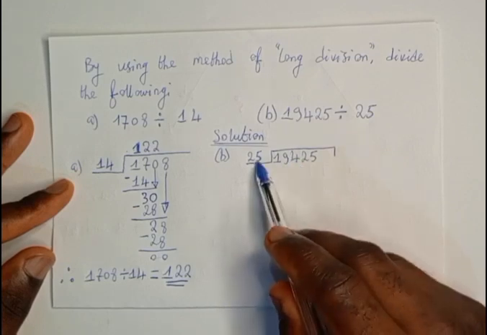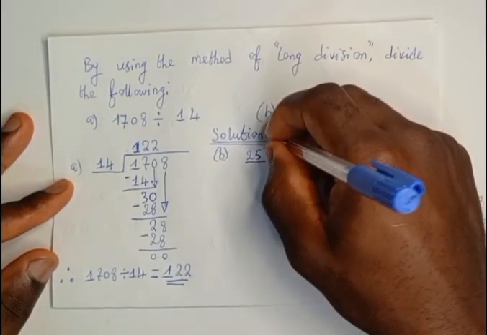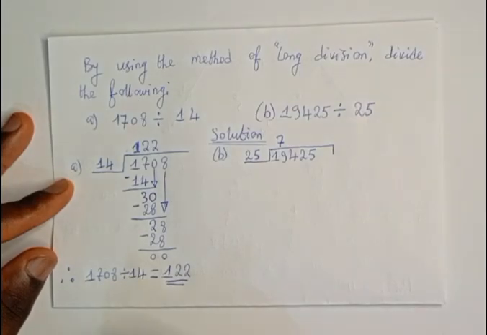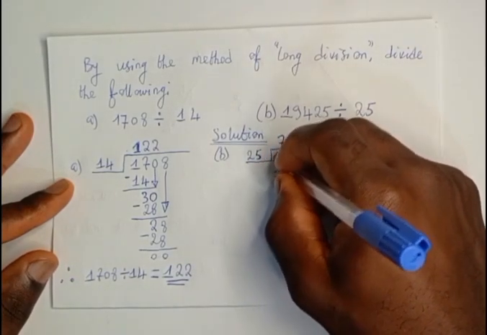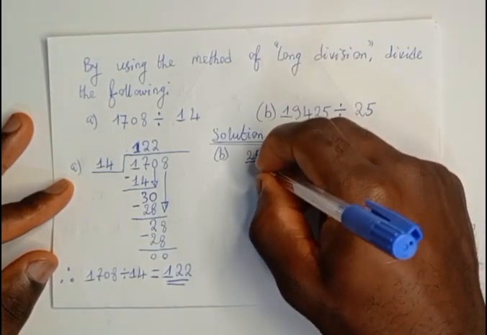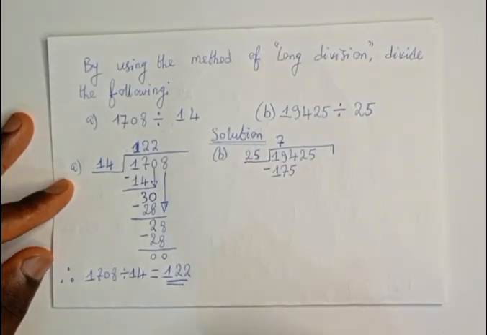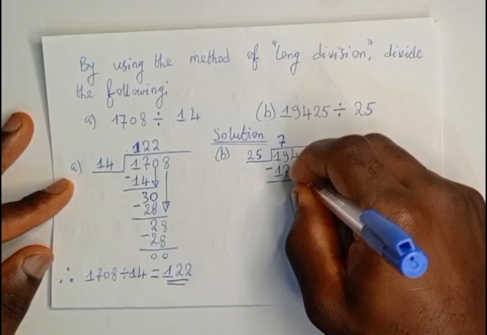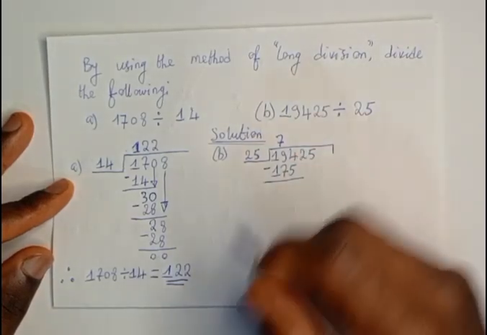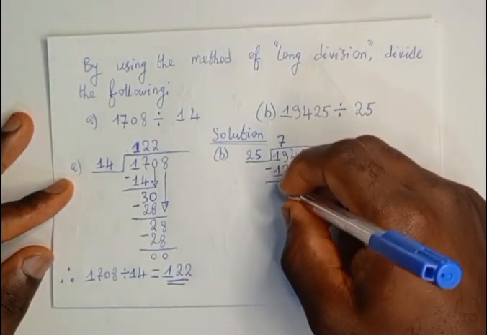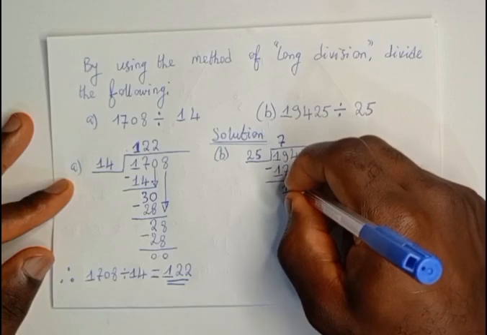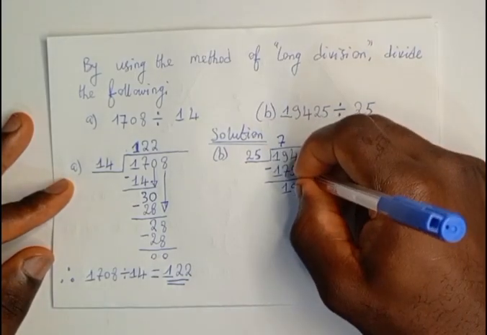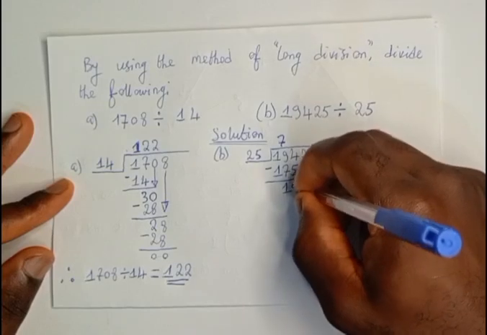194 divided by 25 gives us a whole number part of 7. Write 7 above. 7 times 25 gives us 175. We have to subtract 175 from 194. And this will give us 19. 19 is less than 25. We are going to bring down the digit 2 to form the number